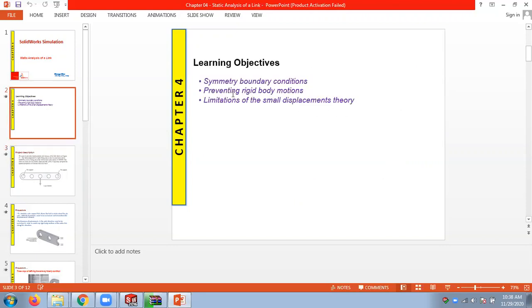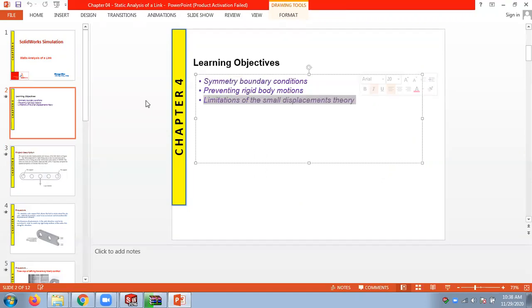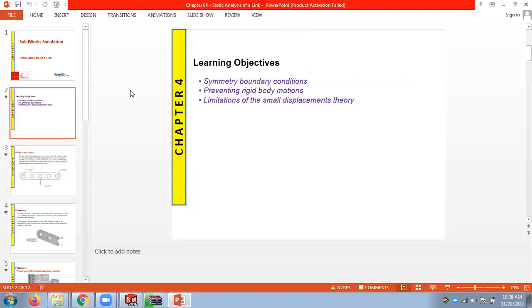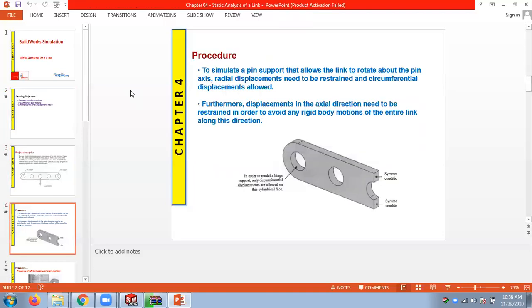We are going to look at a special boundary condition called symmetric boundary condition in this model, how to prevent the rigid body motions, and limitations of small displacement theory. So now if I open this file,